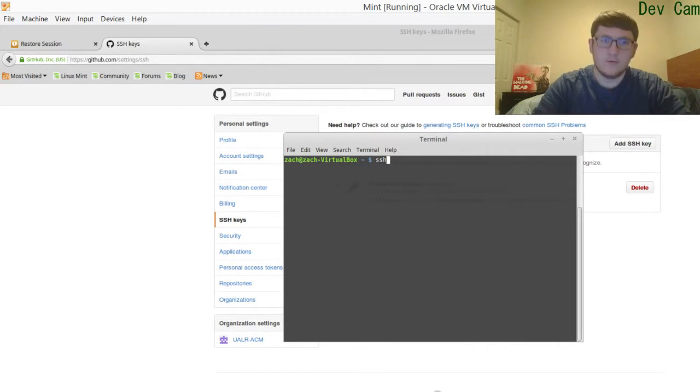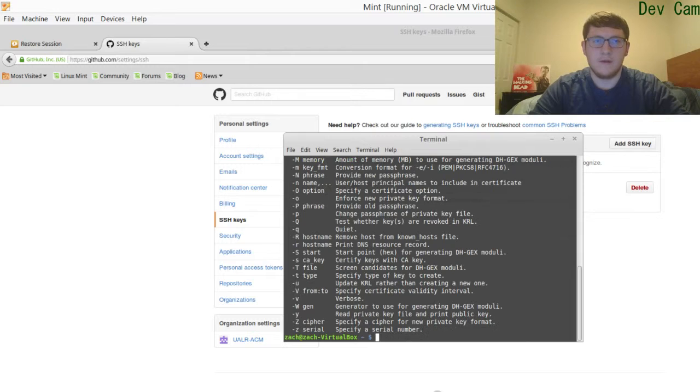So first we need to generate an SSH key, and this is going to be with the following command. You can just copy it as I'm typing it. What this does is run the ssh-keygen tool, and the flags here, some of them are pretty obvious, like rsa is the encryption type, -b is how many bytes, and of course your email here is for the -C flag. So if we run that,